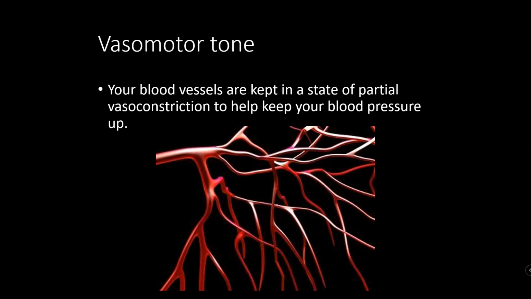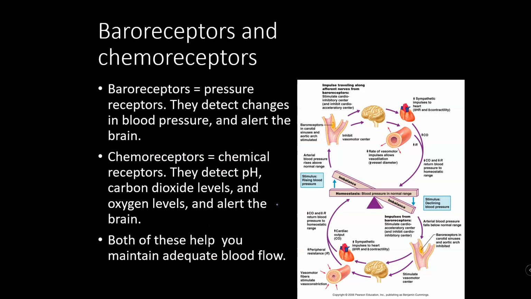That's an important thing. Now, since we need to regulate blood pressure and everything else, we've got to know what it is. We've got to know that we're delivering everything like we're supposed to. So your brain has various receptors that are part of that homeostatic feedback loop. Baroreceptor. So baro means pressure. Baroreceptors are pressure detectors. They are located usually right around where the carotid artery splits. They are stretch receptors. So when they start to stretch, they'll tell the brain, hey, blood pressure is getting a little bit high right now.